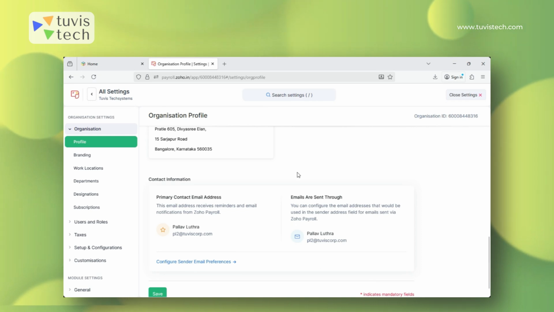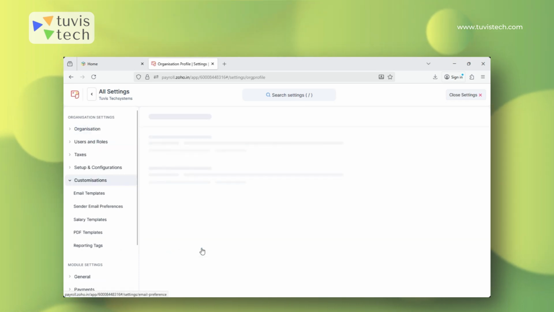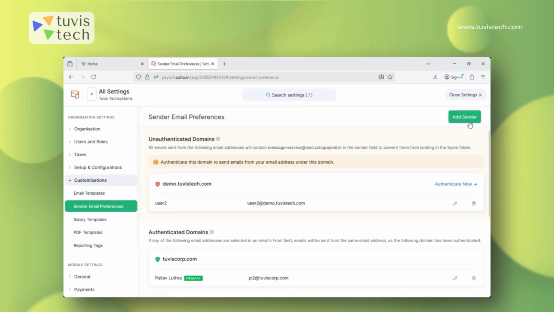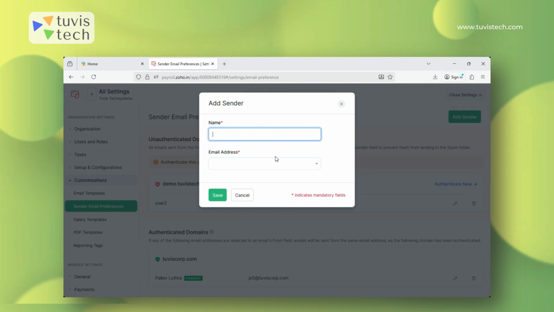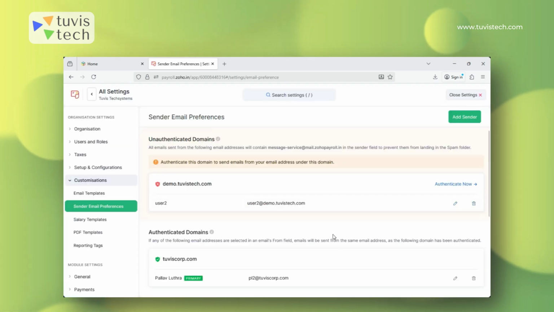You can also configure different addresses from which you want the emails to be sent. You can always add these emails sent through addresses here. By default, the address which is added is the one you configured when your Zoho Payroll was subscribed, but you can also add other addresses by clicking on configure sender email preferences. When you click that, you have an option to add the sender here by giving the name and the email address of that sender